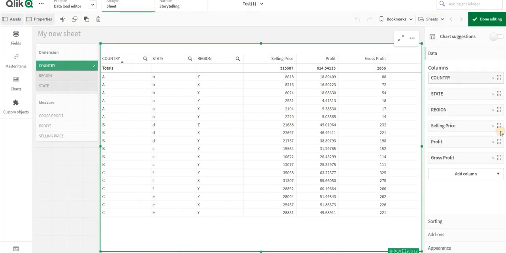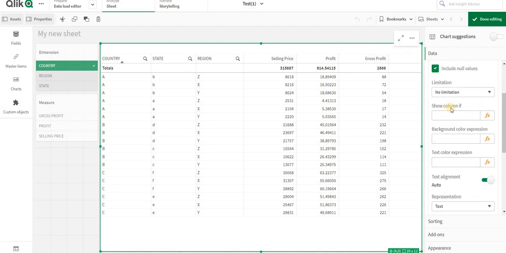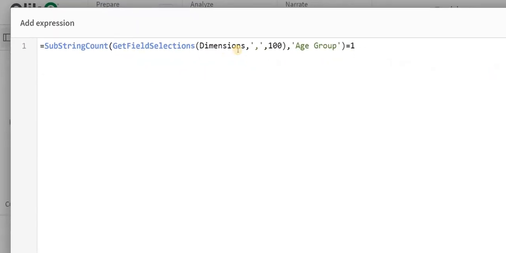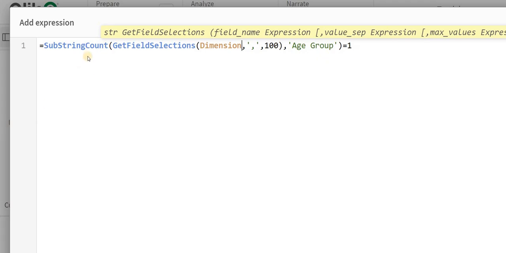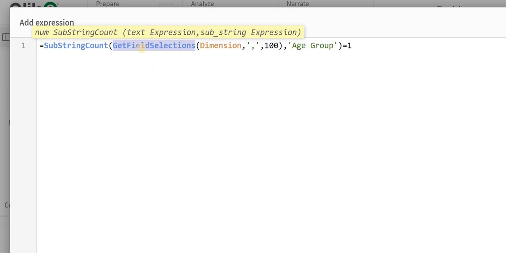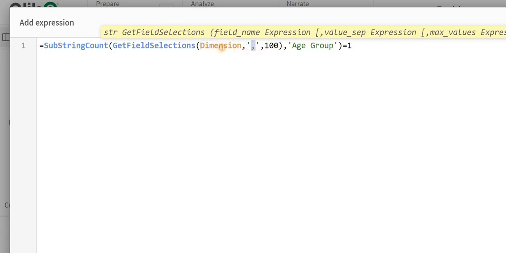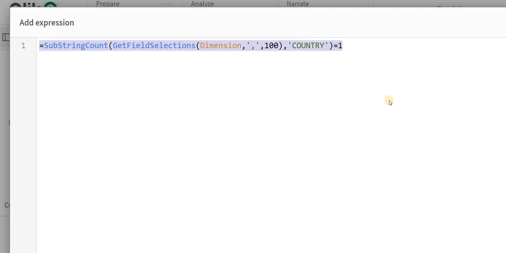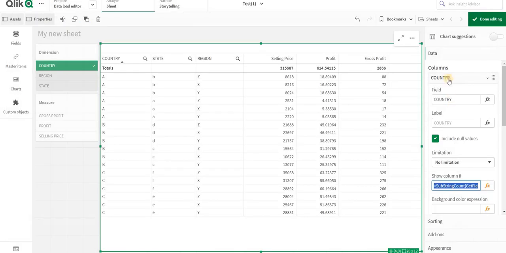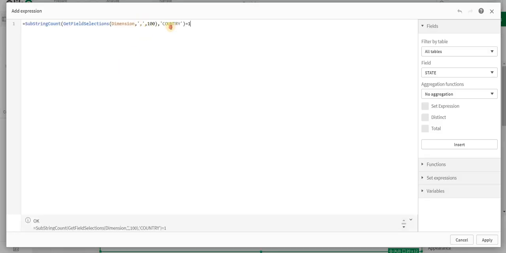There is a simple expression to that. I can go to show column if condition, and over to here I will write a small condition. This is a substringcount of getting the selections from the field by using GetFieldSelections, the name of the field, converting that to comma up to 100 selections, and the name of the column, which is country. In this way you can create the show hide condition, and I can copy this, go to state, and